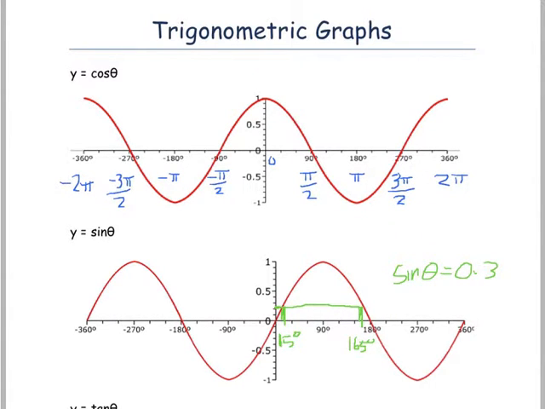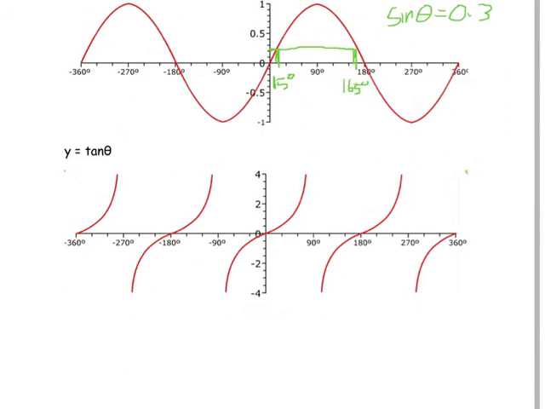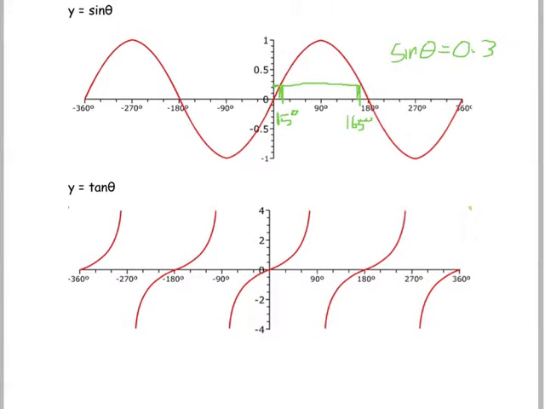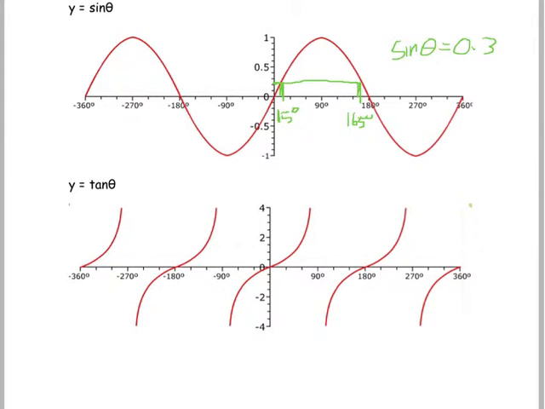Now those two graphs you are familiar with, y equals cos theta and y equals sine theta. Y equals tan theta might be new to some of you, which is this. Whereas the sine theta and cosine theta continue in one nice oscillating pattern in 360 degrees, tan theta oscillates every 180 degrees, and there is an asymptote with these where 90 degrees you can't do tan of 90 degrees, because